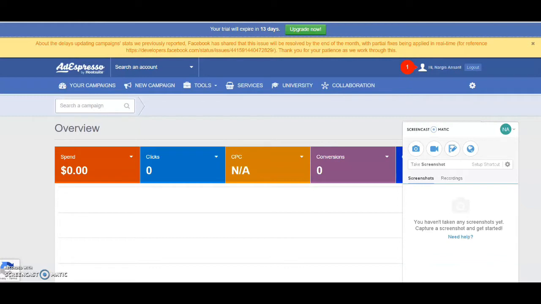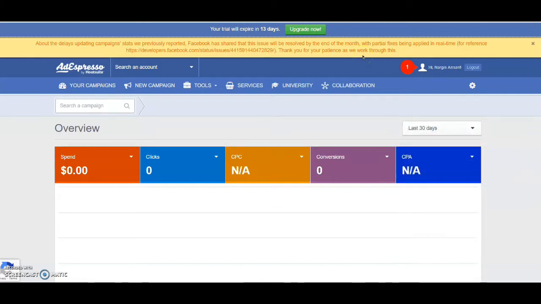Today we are going to see how to set up full-fledged ad campaigns using Ad Espresso. But before we do that, let me give you some idea of what the tool is all about and what it can do for us. So Ad Espresso is a Facebook ads tool that lets you create and optimize ads in a much easier fashion than the native ads manager. You can create multiple versions of the same campaign together with split testing options. This helps you get a better insight into your audiences and thus helps you maximize your ROI. So let's go ahead and see how exactly we can use this tool.